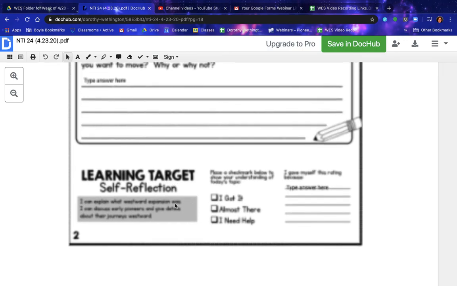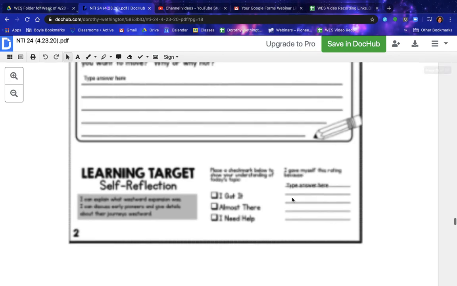Learning target self-reflection. I can explain what westward expansion was. I can discuss early pioneers and give details about their journeys westward. Place a check mark below to show your understanding of today's topic. I got it, almost there, or I need help. I gave myself this rating because